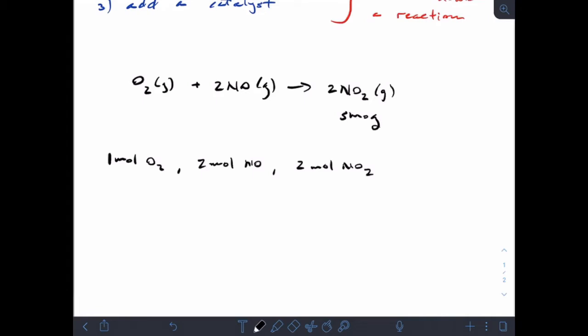Okay? So when we want to talk about reaction rates, the way we're going to do this is with an equation, a fairly simple one, delta concentration over delta time. Okay? So we're talking about a change in concentration